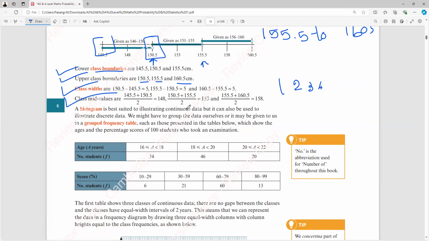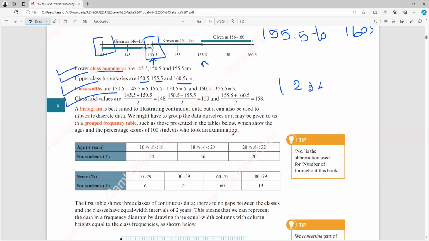We might have to group the data ourselves, or it may be given to us in a grouped frequency table, such as those presented in the tables below, which show the ages and the percentage scores of 100 students who